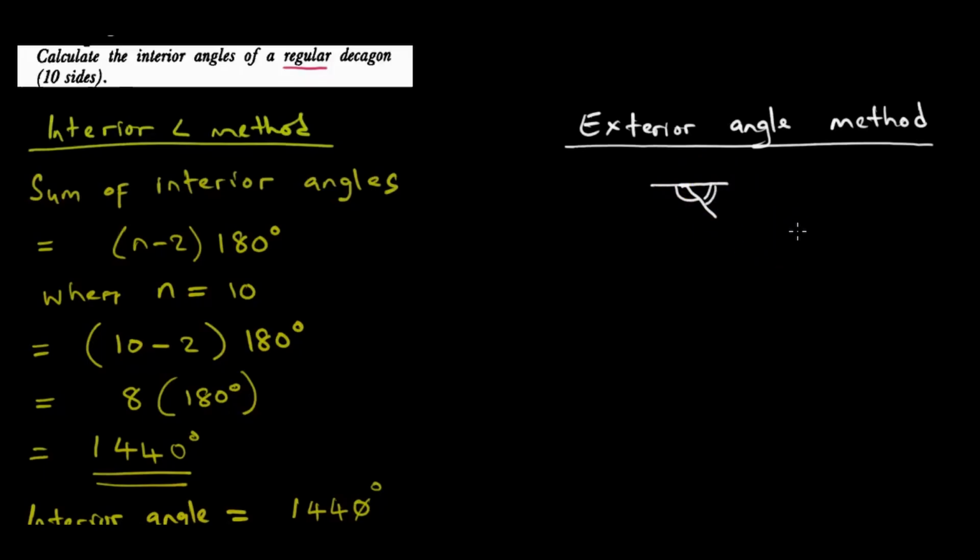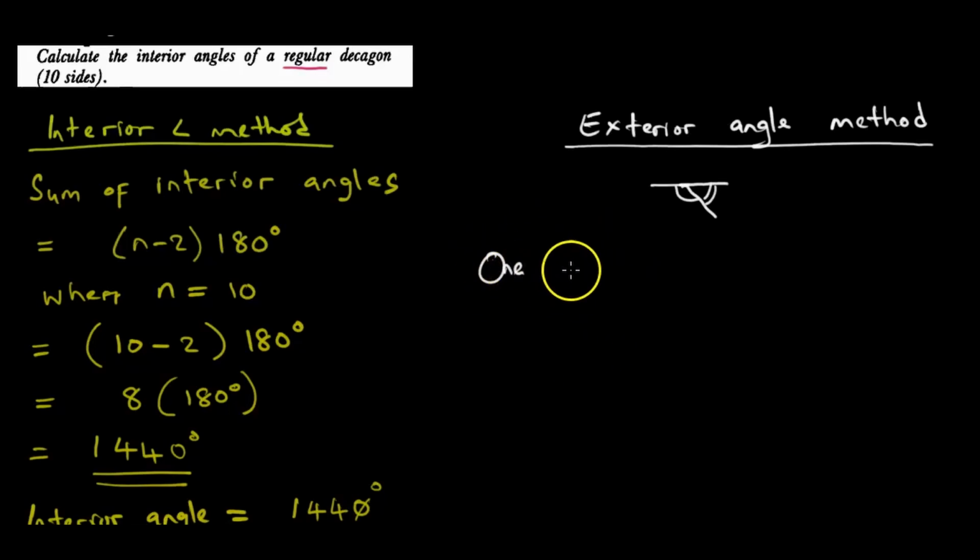That's just a snapshot of part of that shape. You see, we said that if we add all my exterior angles, they give us 360, and we have 10 exterior angles. So the statement we want to write here is